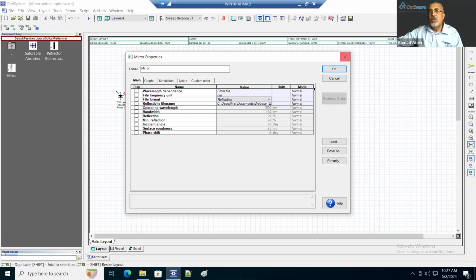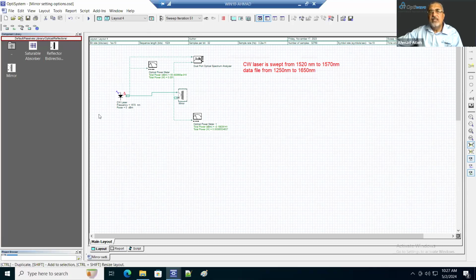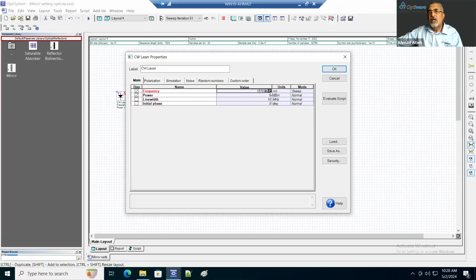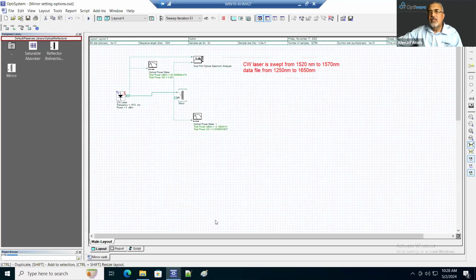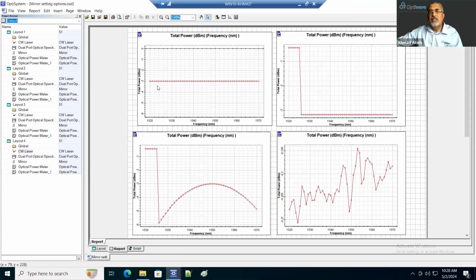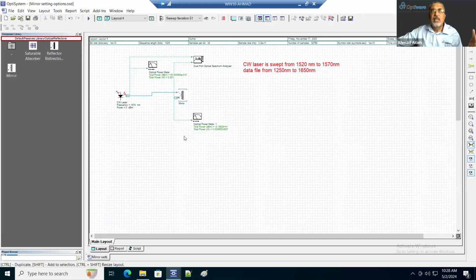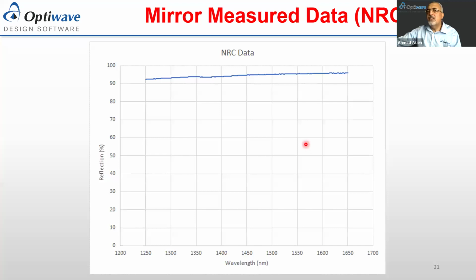Okay, and then what happens here in the calculation, as I said, I'm sweeping the laser between 1520 and 1570, and then I'm looking at the result here in the report page. This is the case where you have constant. You have other cases where you have inside the bandwidth and outside the bandwidth. And this is with the cosine profile, and this is with the measured data. So all of these things you can play around with, and then eventually you can use this component in a free space optic channel or any application you like. Okay, next here